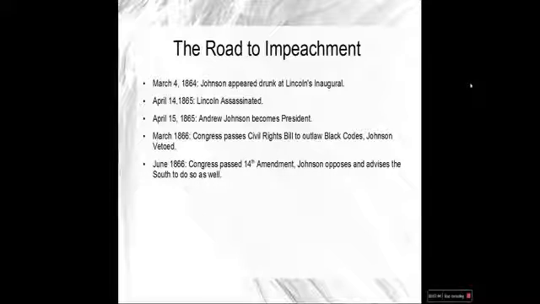June 1866. Congress passed Amendment 14 to the Constitution and sent it to the states to ratify. The amendment would give Congress the power to prevent states from discriminating against citizens on the basis of race. It would make all men equal under the law, but would also disenfranchise Confederate leaders and suspend payments of the Confederate debt. Johnson vehemently opposed this amendment and advised Southern states not to ratify it.